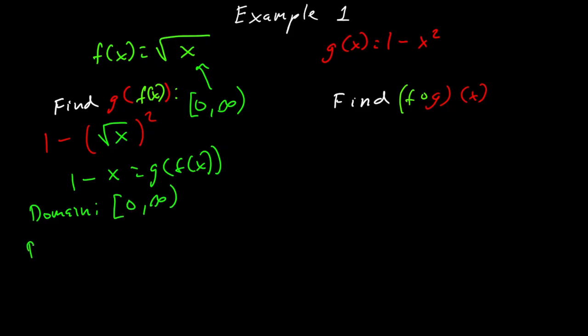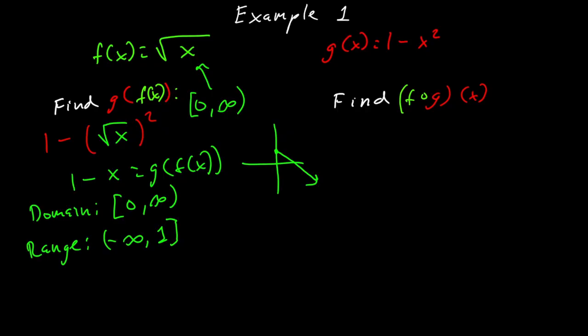And now, using this, we can find the range, because we know that the domain is 0 to infinity, and we know that 1 minus x would actually have a range of all real numbers, because it would look like this. However, it has a restricted domain where x has to be greater than or equal to 0, so it would be more like this. So the range is, and this goes on forever, so the range is negative infinity to 1,